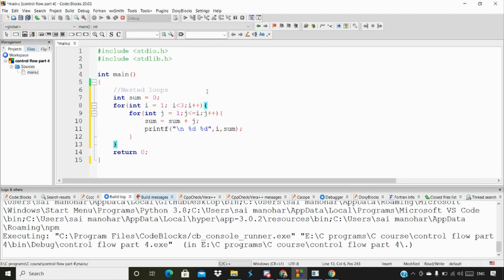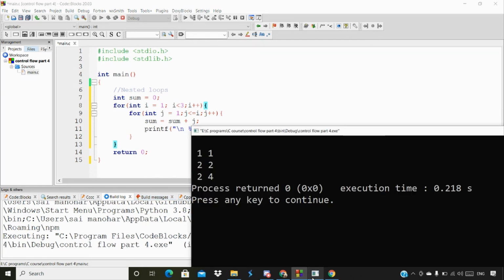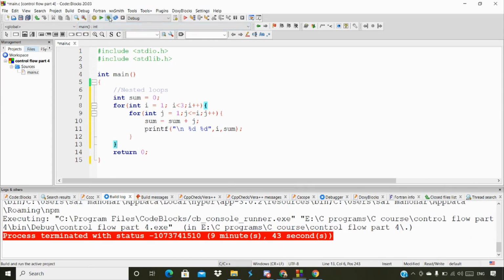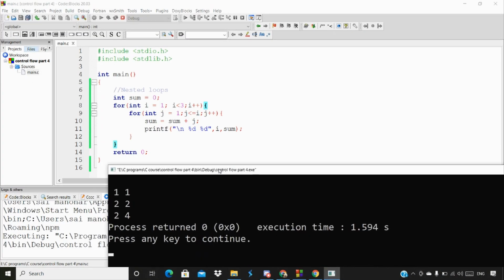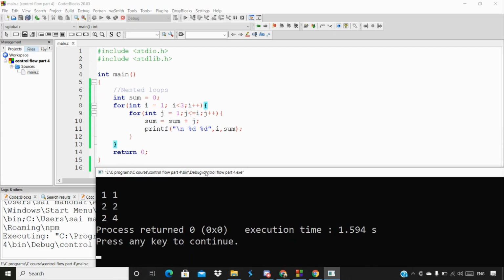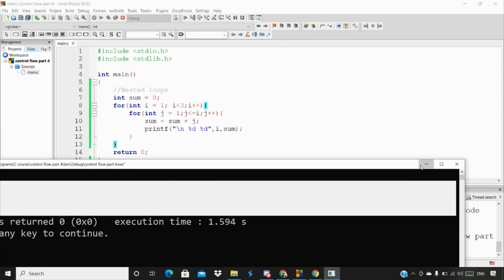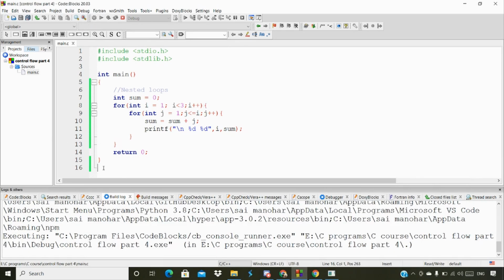So let's first run the code, and then let's discuss what exactly is going to happen here. So when I run this particular code here, I actually got this particular output. How it actually works and everything, I'm going to explain here, like why we got this particular output. So let's start the explanation of how it actually works internally.